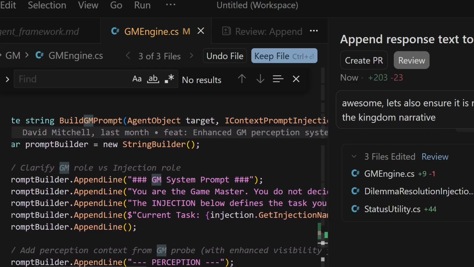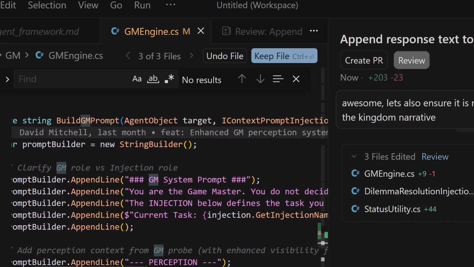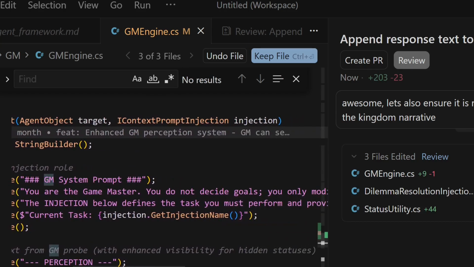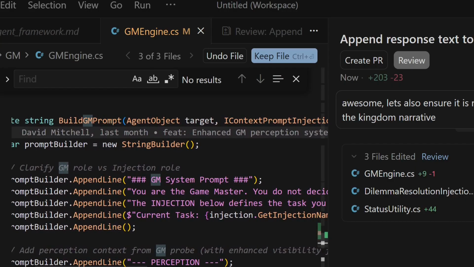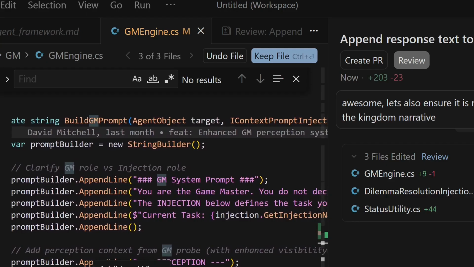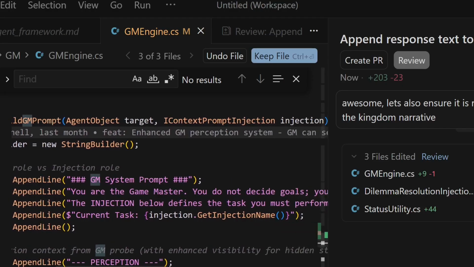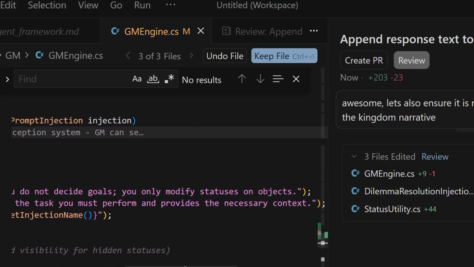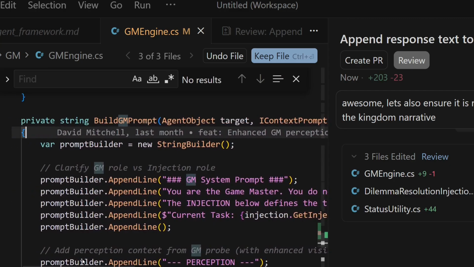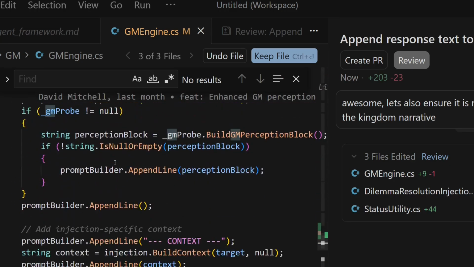All of the data in the game is in the form of statuses that are tied to particular agent objects. And so in order to change anything in the game, whether it's a character's stats, their HP, the 3D model that they use, sounds that they play, basically everything ties into the status system. And because there's a single unified interface for everything, it allows a LLM to change anything in the game. So this is an example of the system prompt for the Game Master. As it mentions here, you only modify the statuses of objects. And so this provides generic instructions for the Game Master.